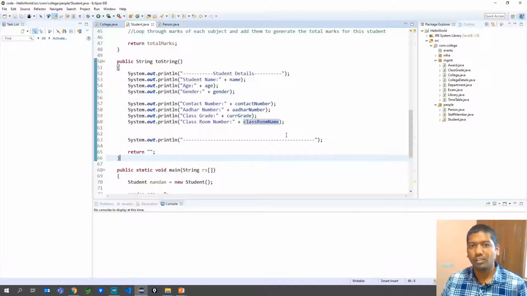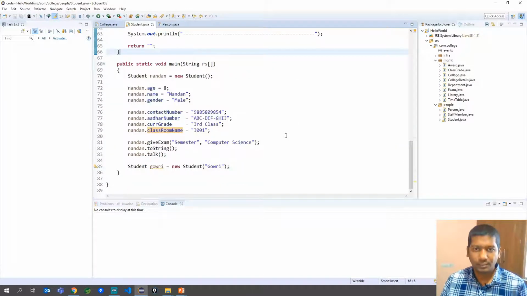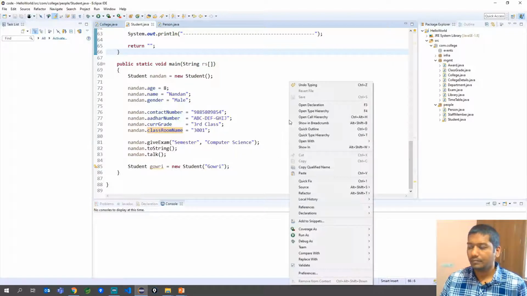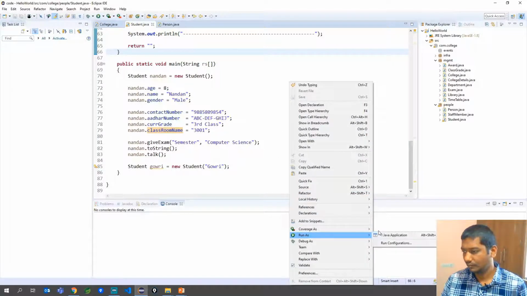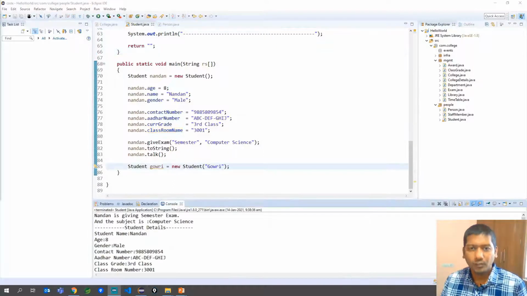You just run this program and see if we are getting the data. If you see here, we are able to access all the data members, whether protected, private, public or default.